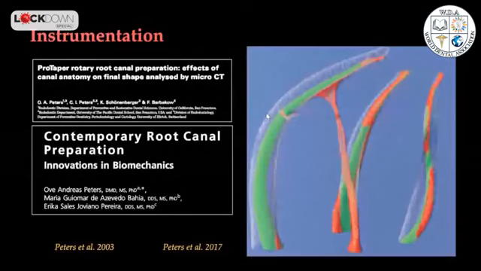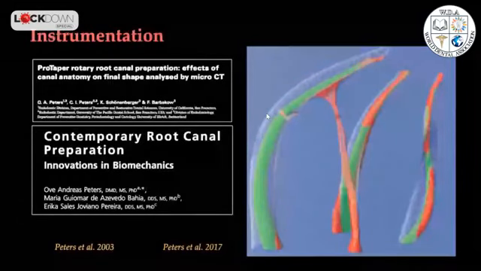But with a vast majority of the rotary or reciprocating instruments, we don't touch all the parts of the root canal wall. Like, for example, what this micro CT shows is parts of the root canal wall where your instrument touches, that is the green, and the red is where the instruments don't touch.